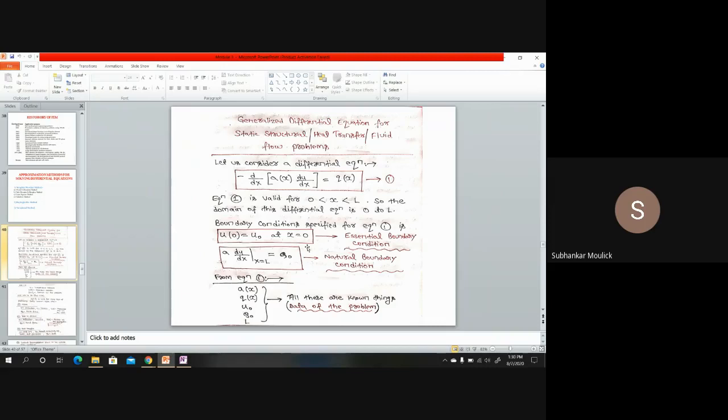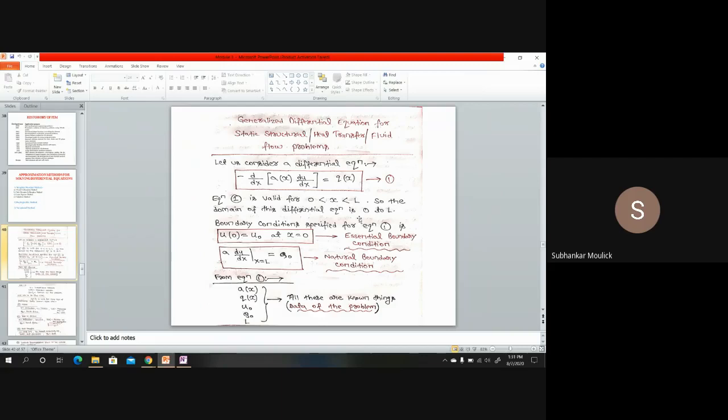Let this be equation number 1. Now in this equation, x varies from 0 to L. If it is a beam problem, if this governing differential equation is for bending of a beam, then the domain of the problem is x varying from 0 to L. That means the length of the beam varies from x equal to 0 meter